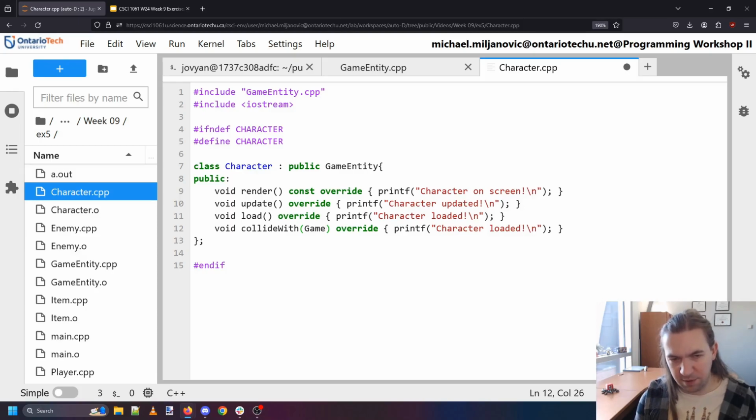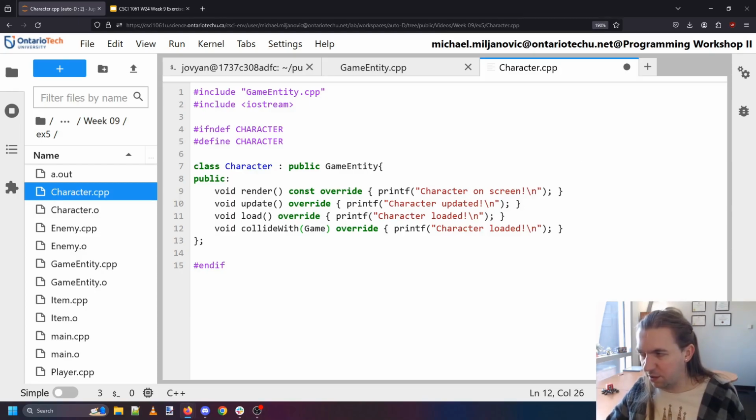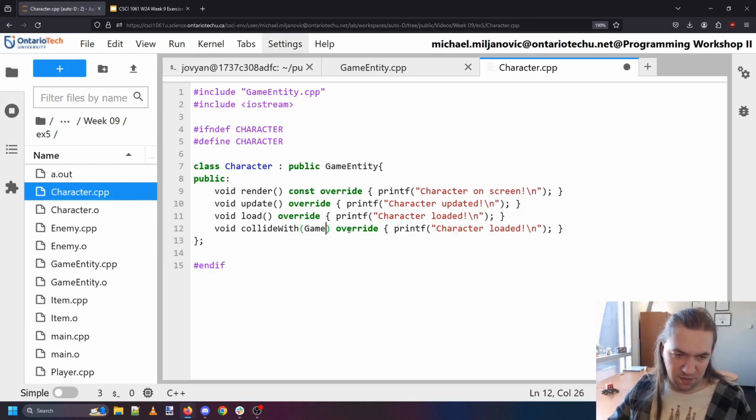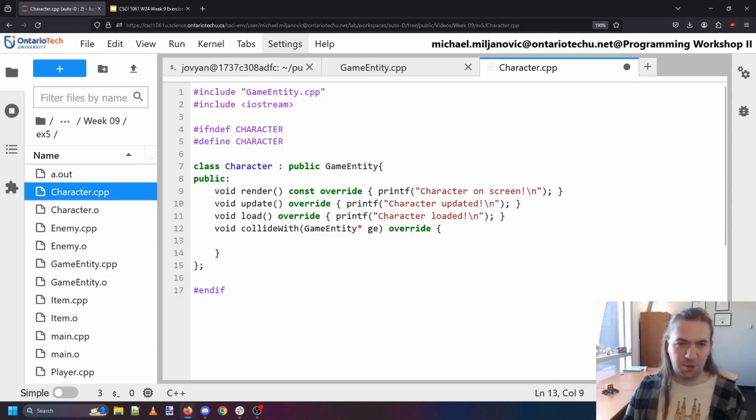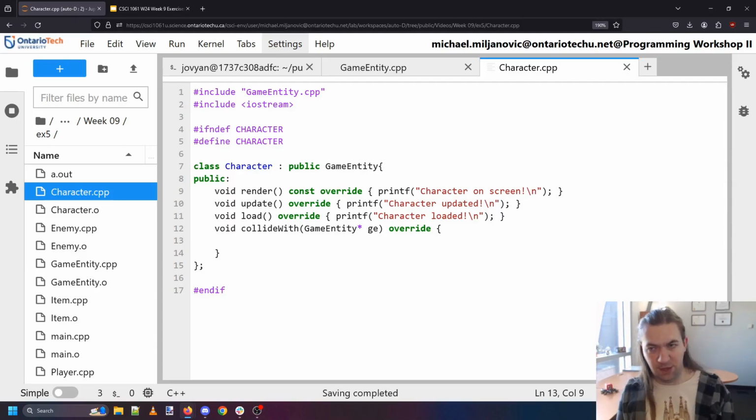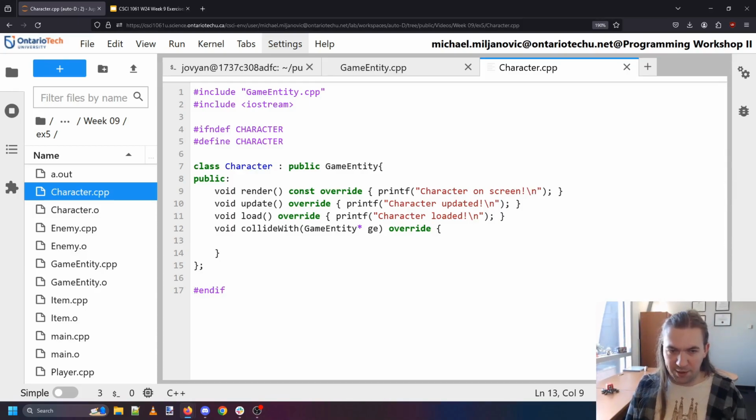Do I want it to work that way? Let me think. I suppose what I'll do is I'll override the collide with function, GE, override. And what we'll do is we'll make it so that when a character collides with a game entity, then